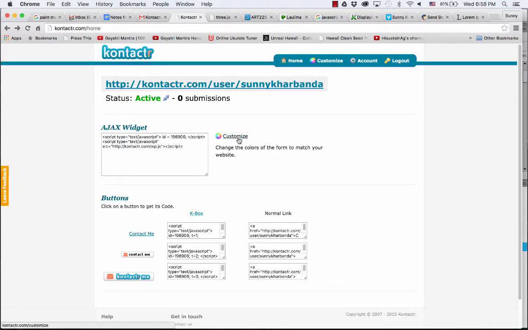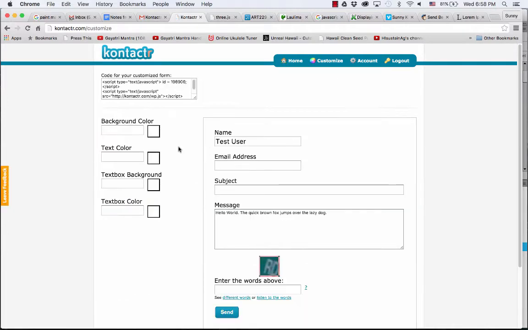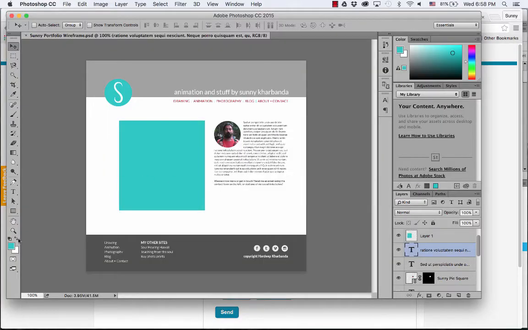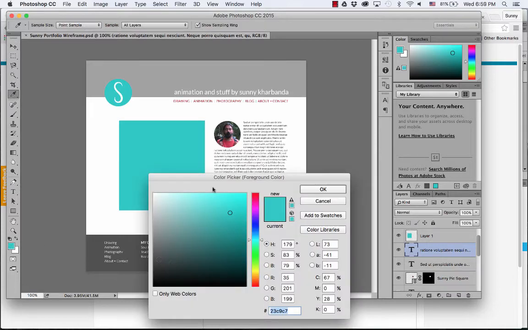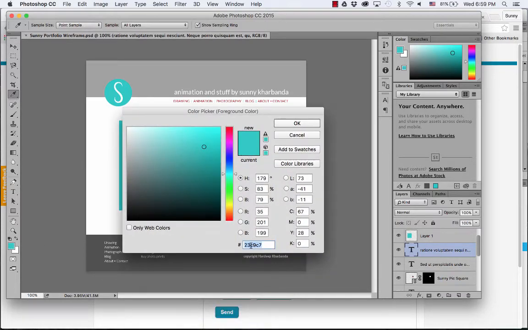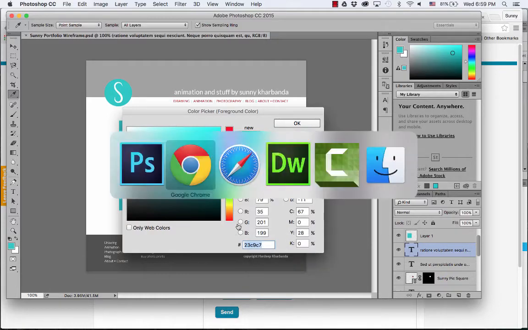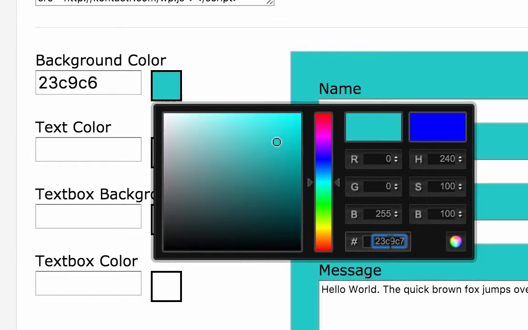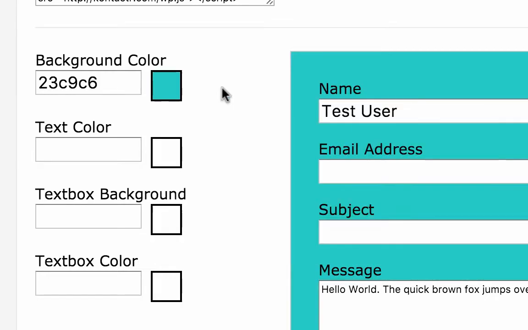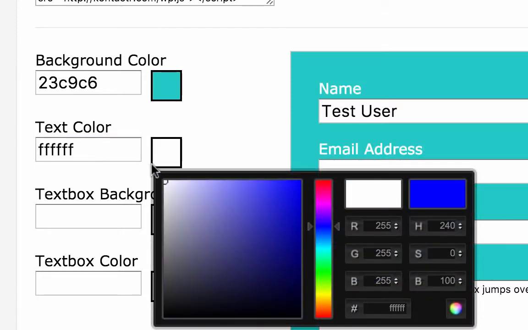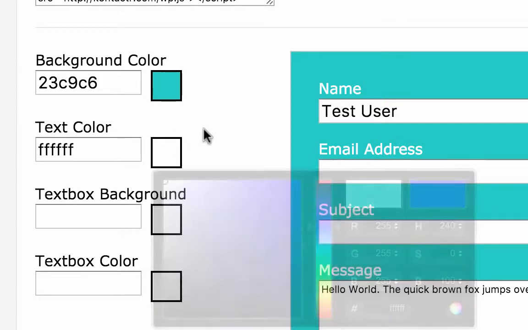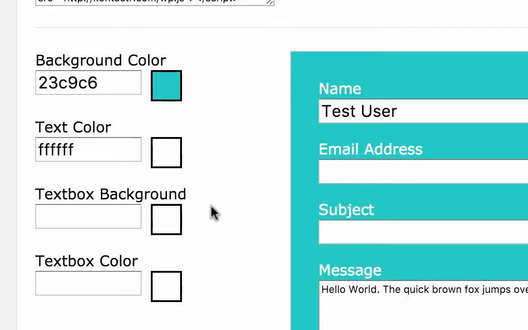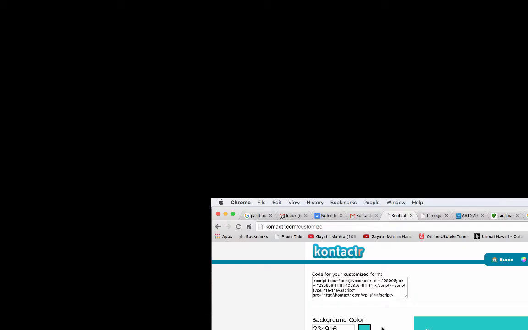But I'm going to go ahead and customize the colors. I want to use this color as my form background. So I paste my code from Photoshop here. I'm going to change my text color to white, so all my labels appear in white text. I can go ahead and copy this code,